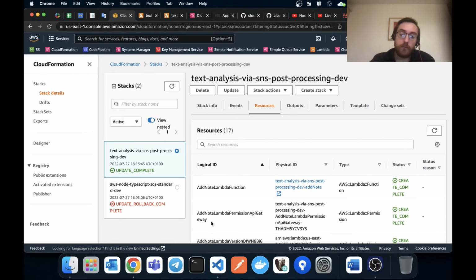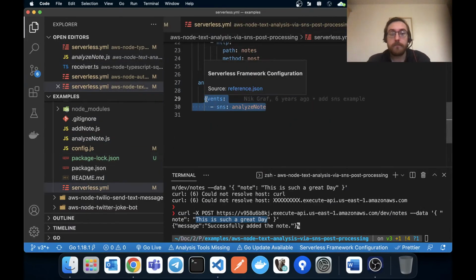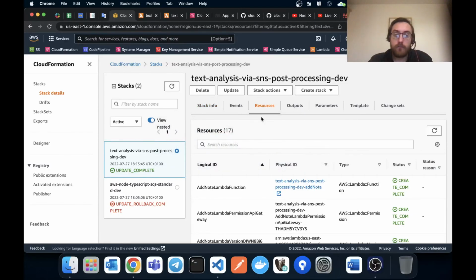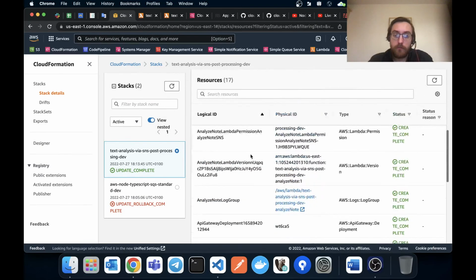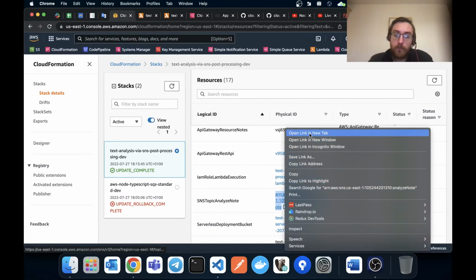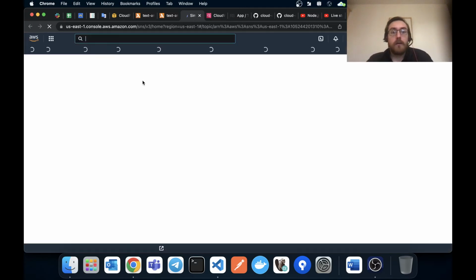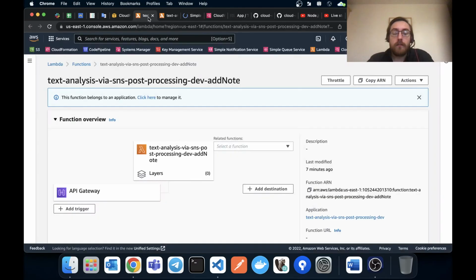This is a use case for SNS. I assume that it was pre-created for us just because we inputted an event here, but let's just double check with our resources. If we see SNS topic, yep, we see that topic. Let's go inside, see how that looks like. And by the way, since we are inputting it